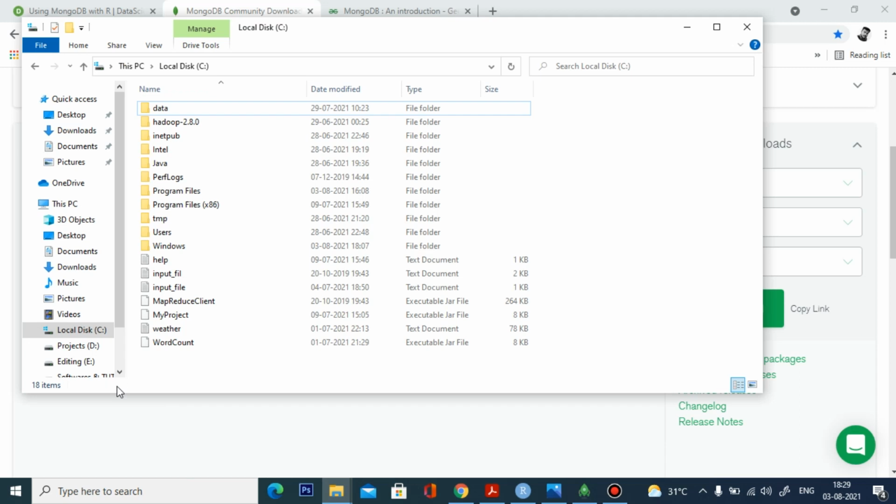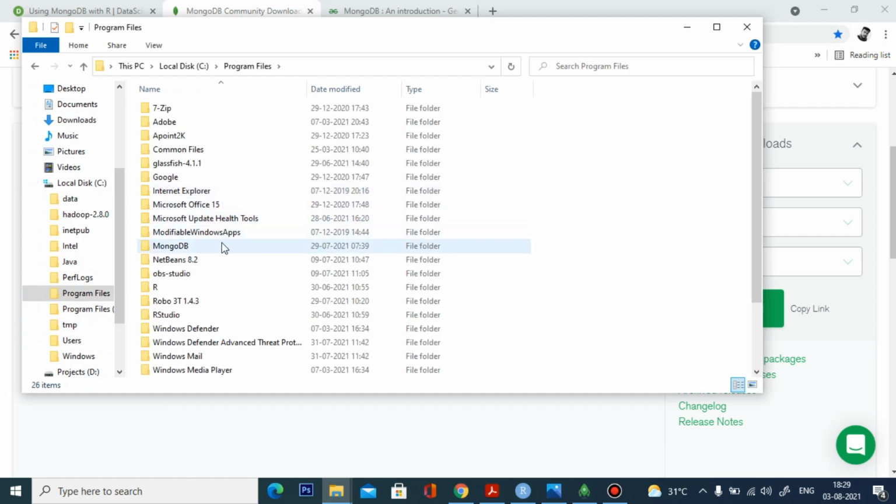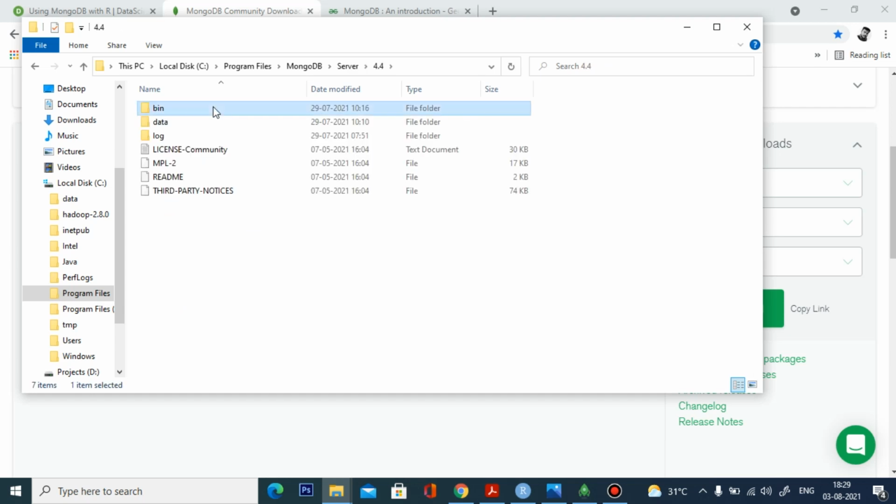Starting MongoDB is very easy. After installing MongoDB, go directly to the C folder, and within the C folder go to Program Files. In Program Files there is a directory called MongoDB. Go to MongoDB, then Server. Within Server go to 4.4, then bin.